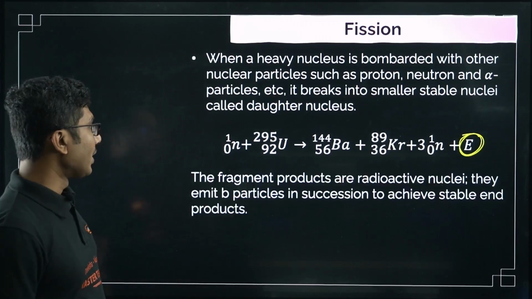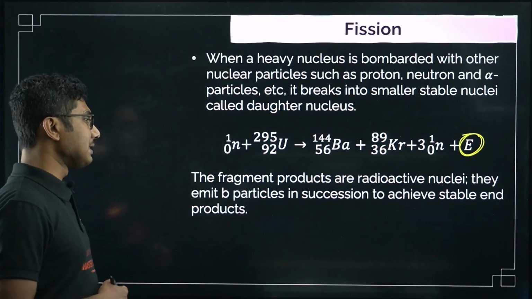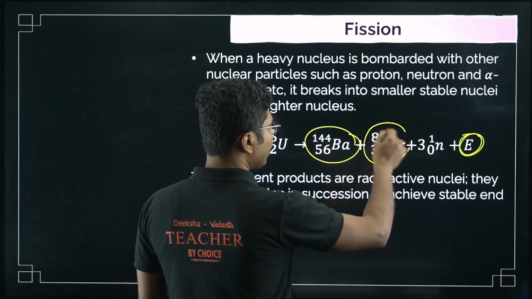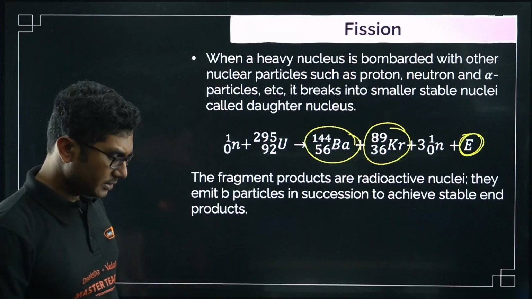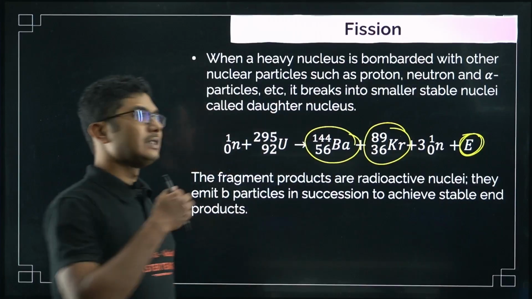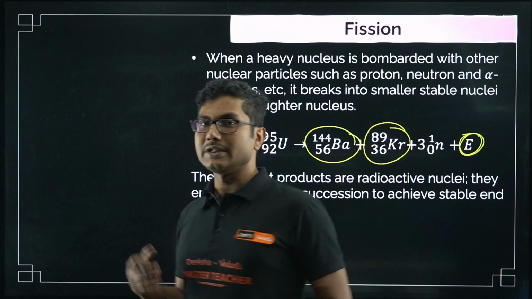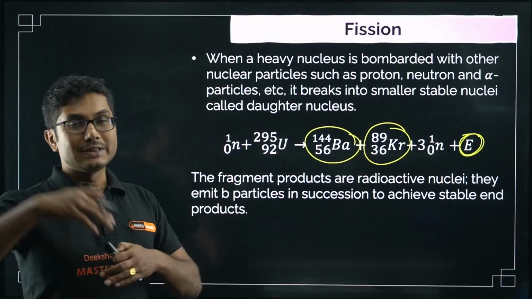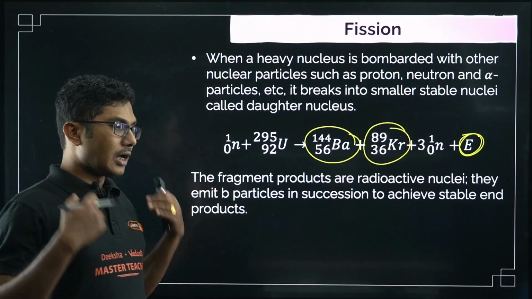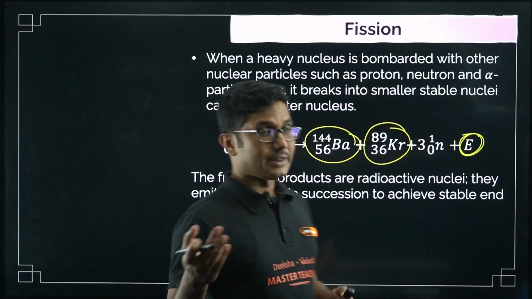What else? The fragment products are radioactive nuclei. They emit particles in succession to achieve stability. So these are also not super stable, they are radioactive. They emit alpha particles, beta particles and gamma radiation. So after some time it becomes stable, but it is a long process. That is why nuclear fuel, once it is used, is stored in a secure process so that the energy released by the radioactive process does not harm anyone. Radioactivity is not super helpful for our body. Not all radiation is helpful, but it is necessary.